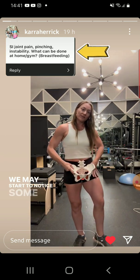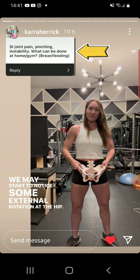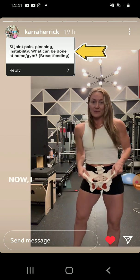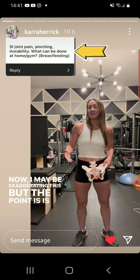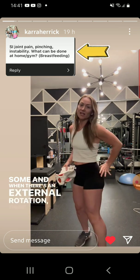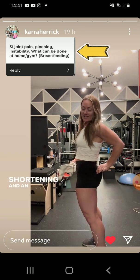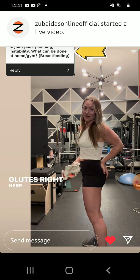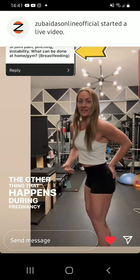We may start to notice some external rotation out the hip. Our toes may be pointed out. You may see or notice a waddle. Now, I may be exaggerating this, but the point is there's some compensations. And when there's an external rotation, there's a shortening and a constant activation of this portion of your glutes right here. The other thing that happens during pregnancy,